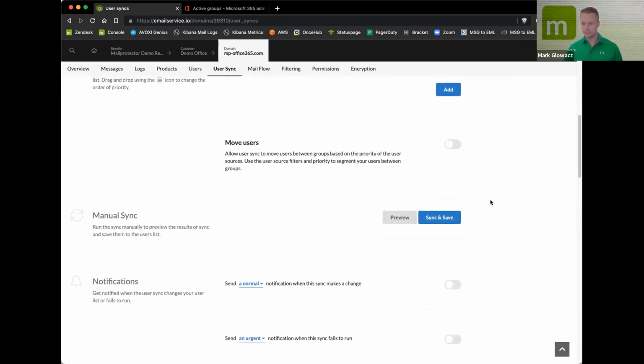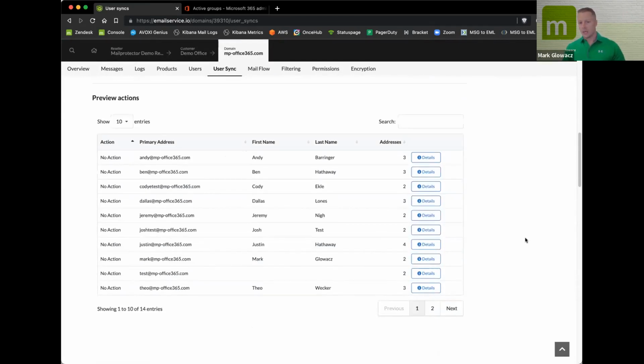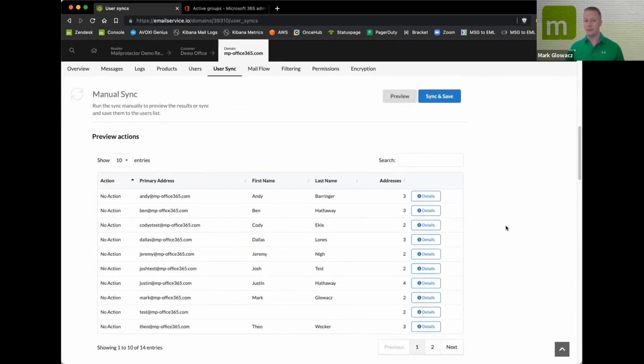So right now, I'm going to run this preview. Right now we have no changes. And here's the last part of this tip that is very important. By default, we're not going to move users between groups with user sync. But in this case, we want that to happen because we're looking at the security group in 365 to identify which users need to be in the bracket group. So we're going to turn on move users. Once we have that turned on, you see right now, all of these are no action. But if I preview it now after turning move users on,